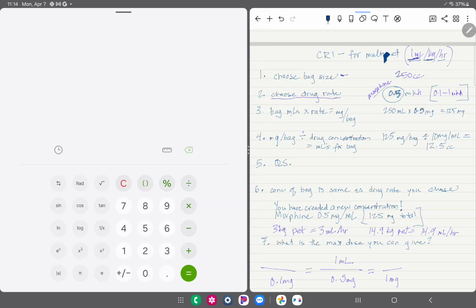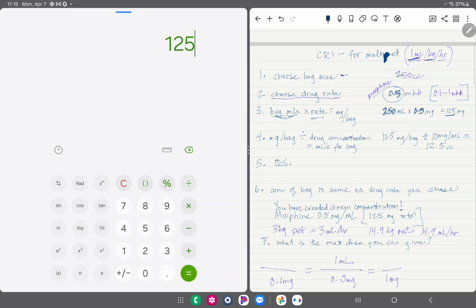Now, you're going to take the rate, or excuse me, the mLs of your bag, how many mLs there are, times the rate you want. So I need every single mL of this bag to have 0.5 mg of morphine in it. So that's easy enough to do. If you multiply the two together, you're going to get 125 mg. Let's go ahead and do that so you can see, 250 times 0.5 will get you 125 milligrams to put